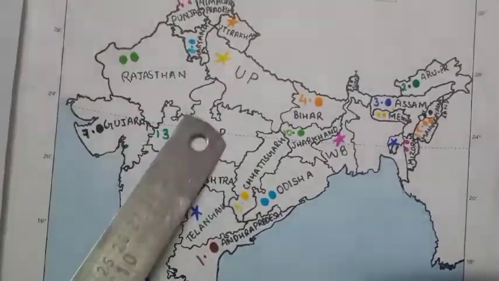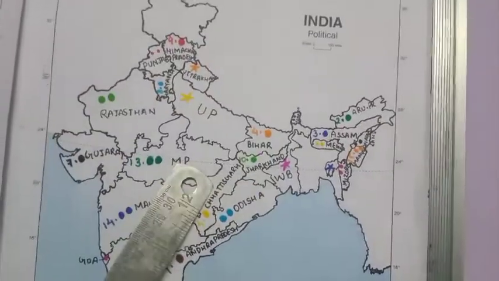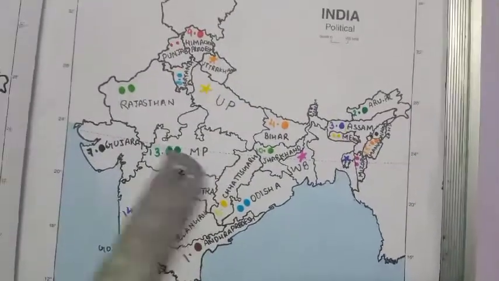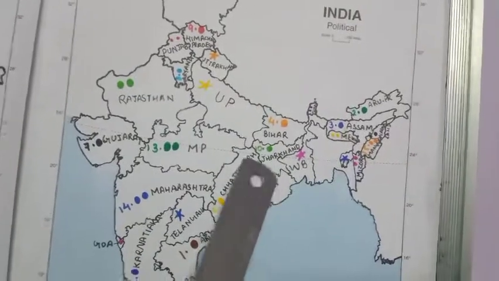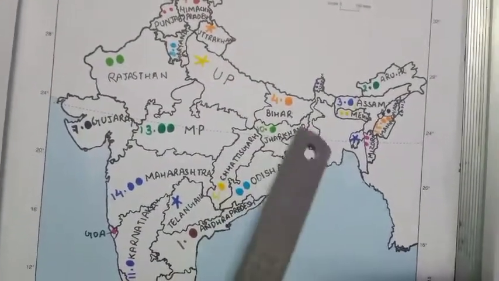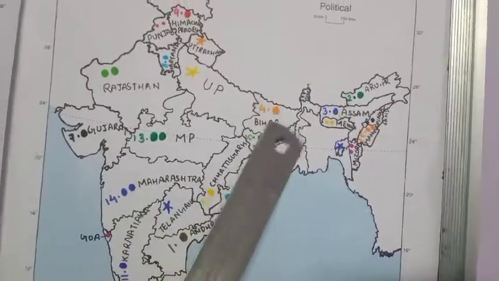Just below Rajasthan you will find Madhya Pradesh, just below Madhya Pradesh is Chhattisgarh, and just below it is Odisha, just above it is Jharkhand, just east side West Bengal, just above it Bihar. Okay, so this is the